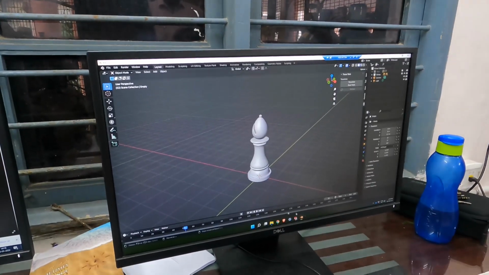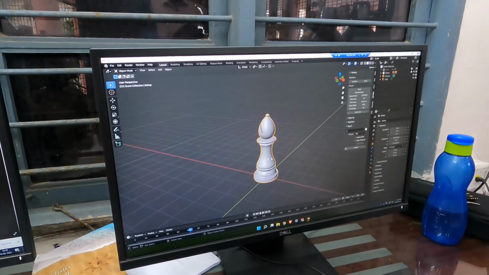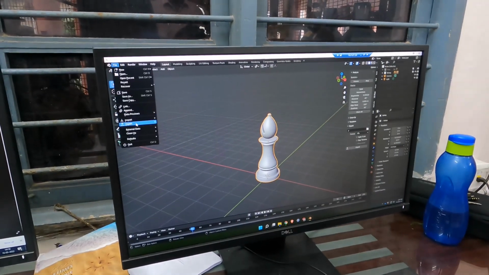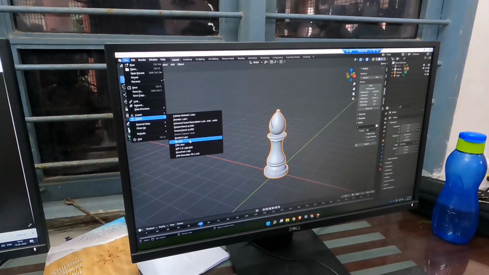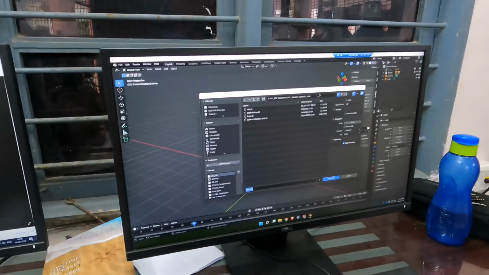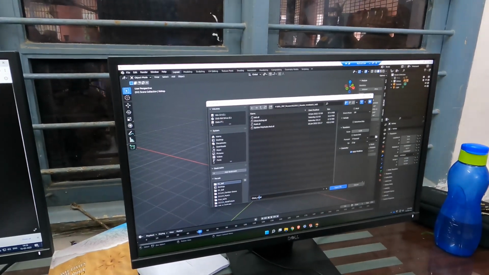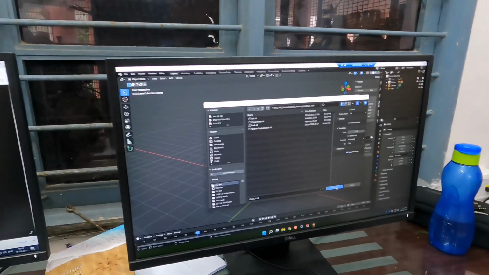After designing these models, we come to File, Export, then we can export into an .stl file. Then we can just name and export it. Okay.